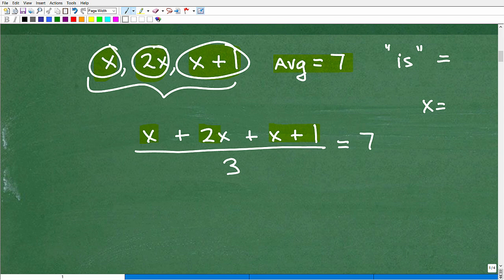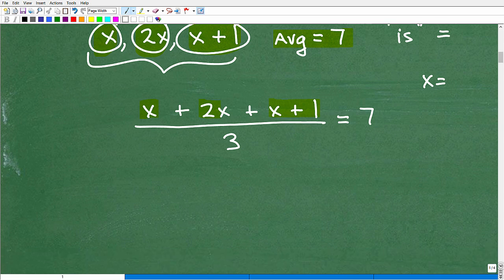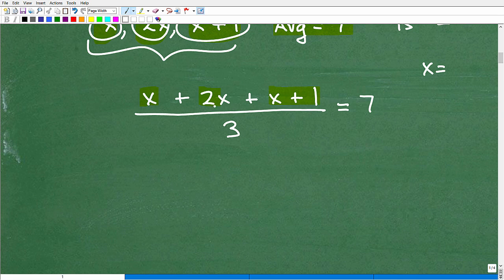So here is my setup. Now I need to go ahead and solve this equation. If you think you can solve it, I would suggest you pause the video and see what you can do here. All right, let's get into solving this equation. So I have x, 2x, and x plus 1. So I have 3x, 4x. This is going to be 4x plus 1 in my numerator over 3